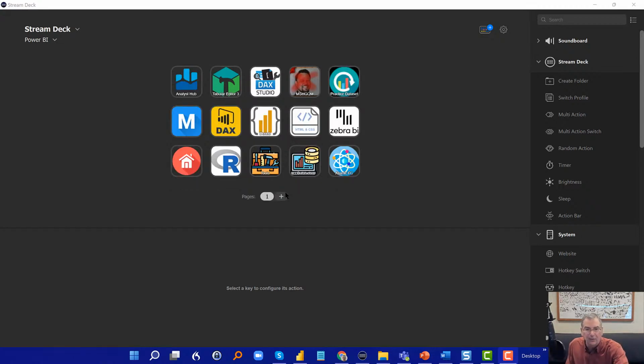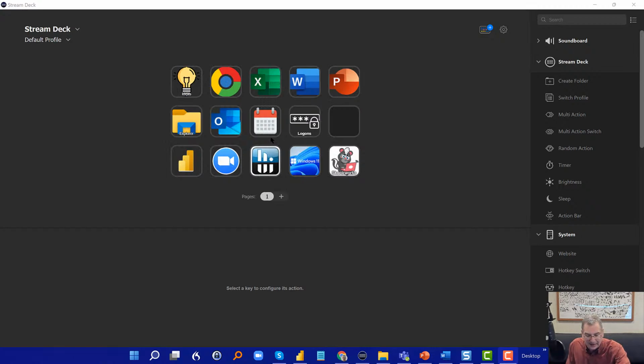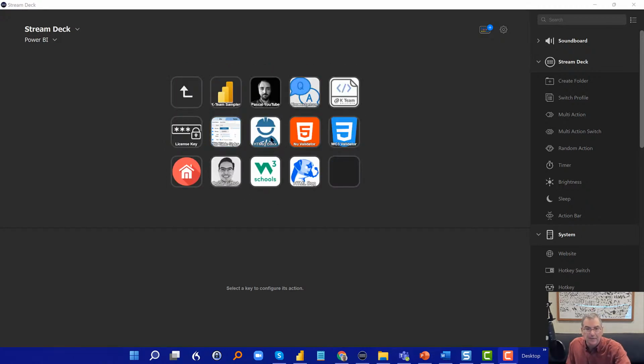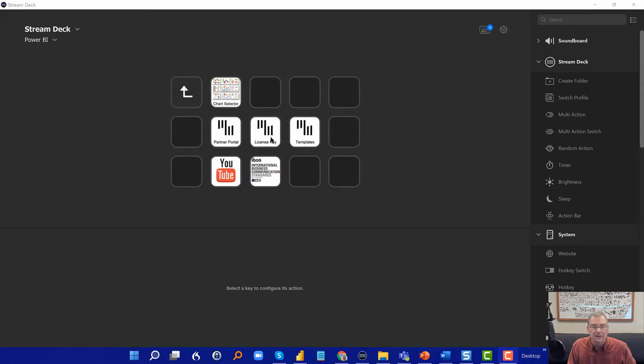Just moving through quick, I've got a whole series of Deneb resources: guides, YouTube channels, and then a Power BI sample from Daniel Marsh-Patrick that goes through a bunch of examples. And similarly, same thing for the HTML CSS viewer from Pascal Kiefer and K-Team Solutions that I use a lot, and Zebra BI as well. So some of their example tools and partner portal and templates and YouTube channels,